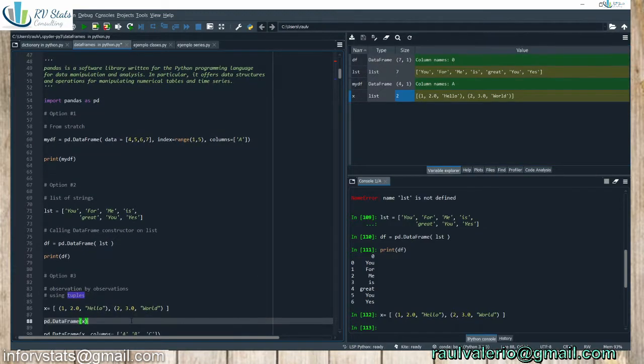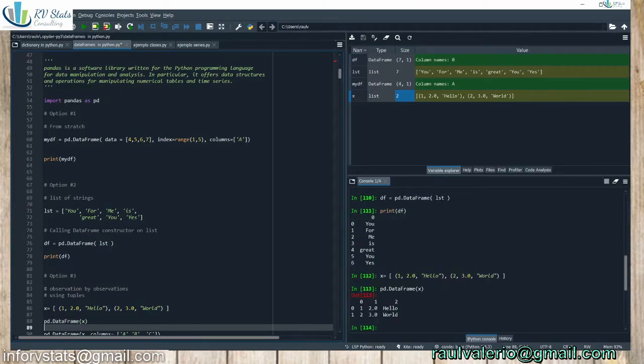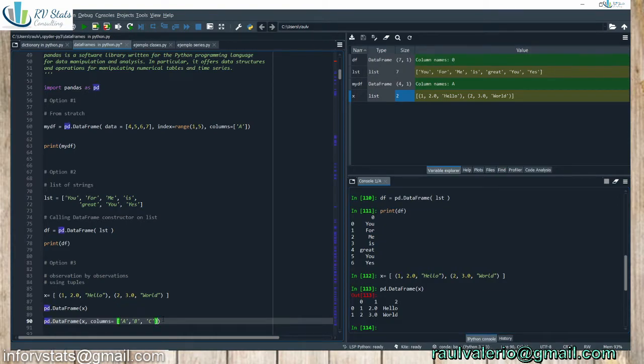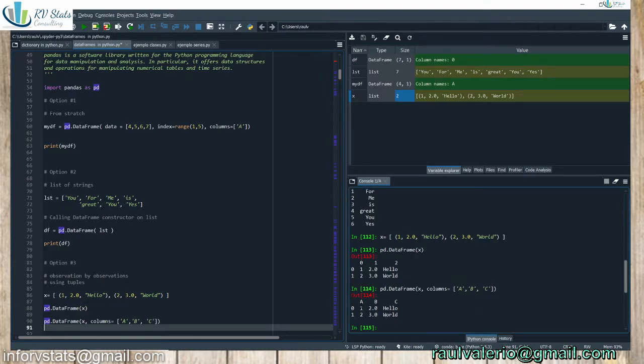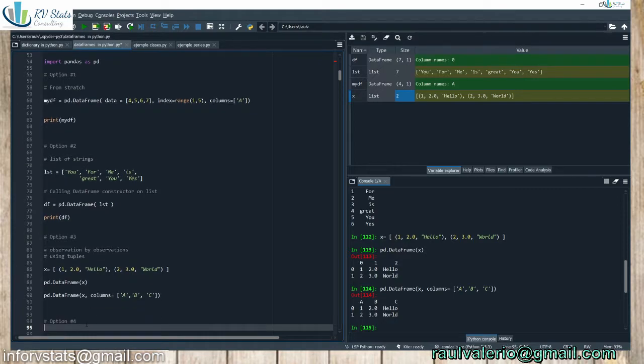And I just call my constructor, and let's see what the names of the columns are. 0, 1, and 2. I have 3 columns with numerical names, with a number for each of them. Okay. However, I can change it. I can set the columns equal to A, B, and C, respectively, and we'll see. Okay, A, B, and C. So we can provide columns name, index name, and also we can provide all the information with one single name here by defining an object before. Okay, so if I have multiple objects and I want to transform them to a data frame, I just call that